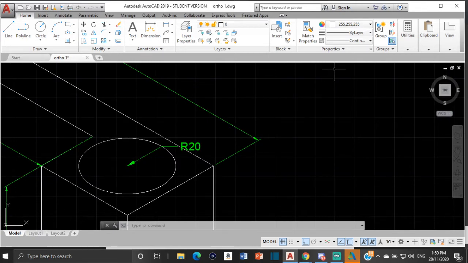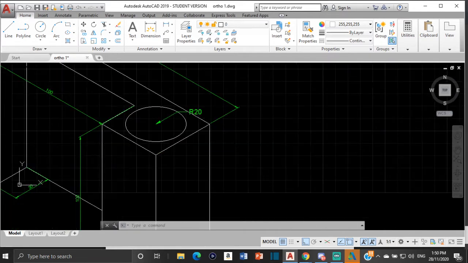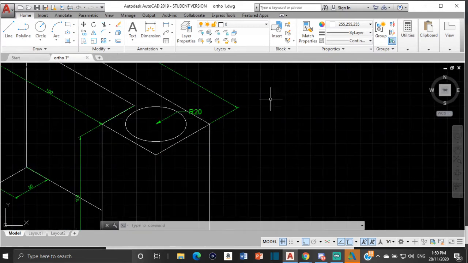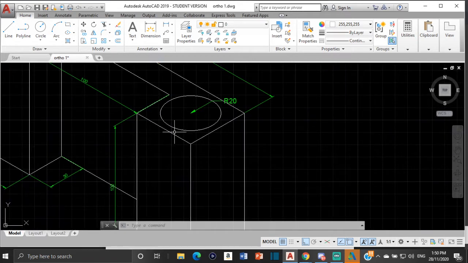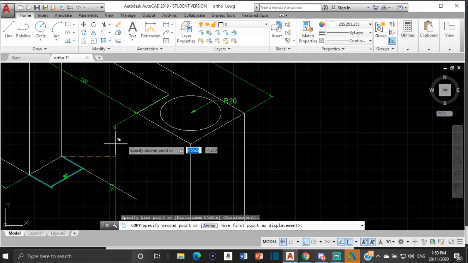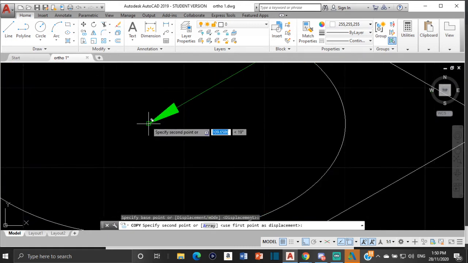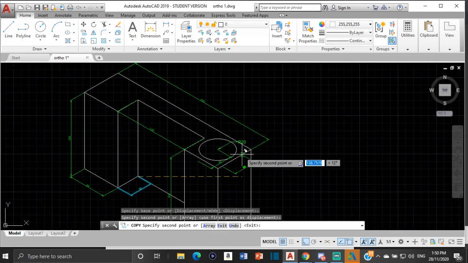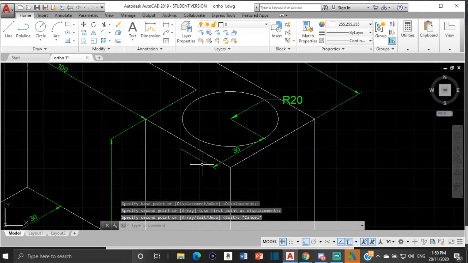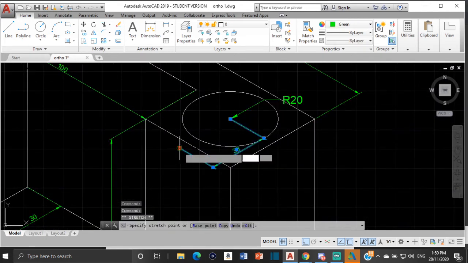All right, now in order to find the center of the circle, in terms of the dimensions, you'll be given a dimension. So for example, you'll be given a dimension like this to say where the center of the circle is. All right, let me show you. So that's the center of the circle. So it's a dimension that will say that the center of the circle is